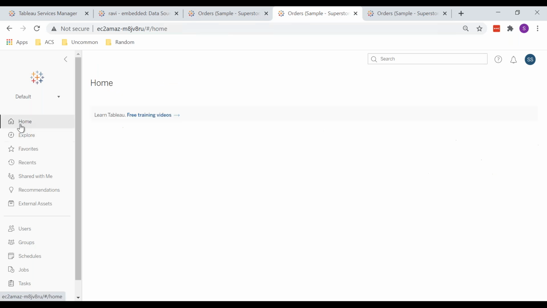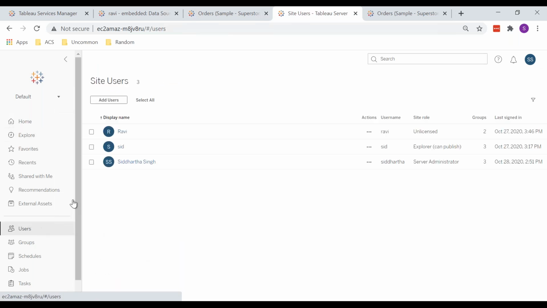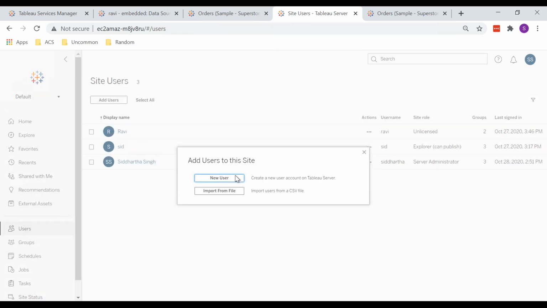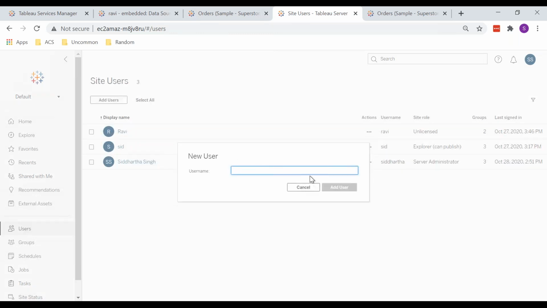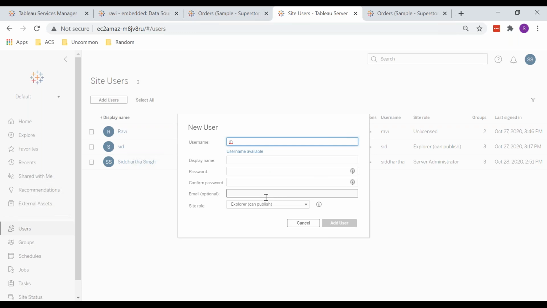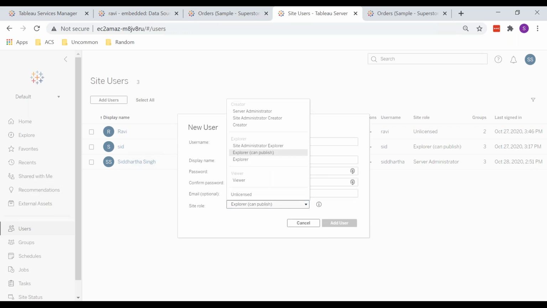Coming to the previous discussions, what we had about adding a user and giving a site role. These are divided into three categories: creator, explorer, and viewer. And this permission for the users is totally for the entire site, the entire Tableau server. So this is the one part. The second part